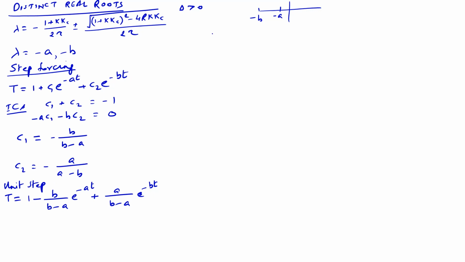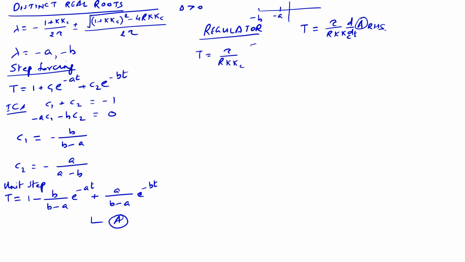The regulator response is going to be, we will call this equation A, the regulator response is going to be tau by r K Kc times the time derivative of the right hand side of equation A. Now if we take that derivative, we will get T equal to tau by r times K Kc times ab times b minus a times e to the power minus at, and there you will get minus ab by b minus a e to the power minus bt,